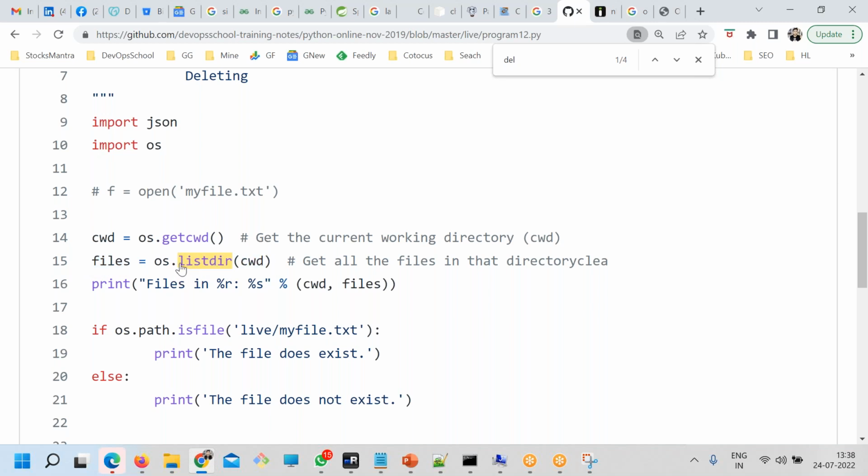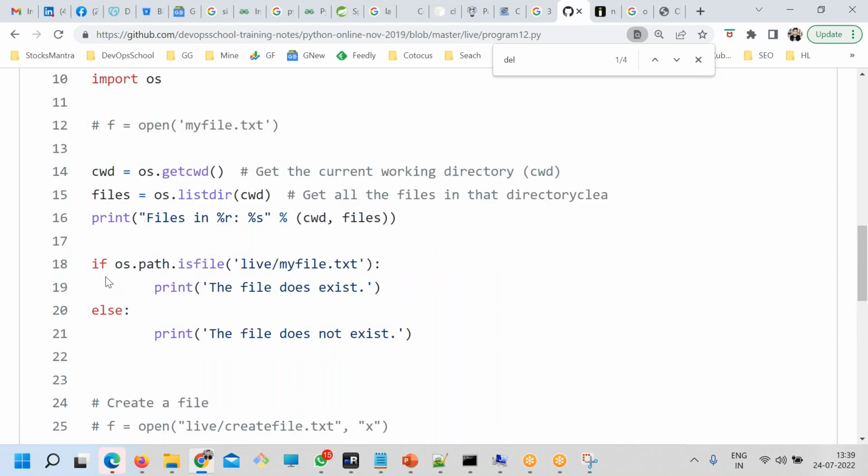There's one function which is there already. You have to remember that. But when you understand the logic first, you will get this function automatically. So listing the directory gets all the list of files in a directory. After that, printing all the files, current directory and files.